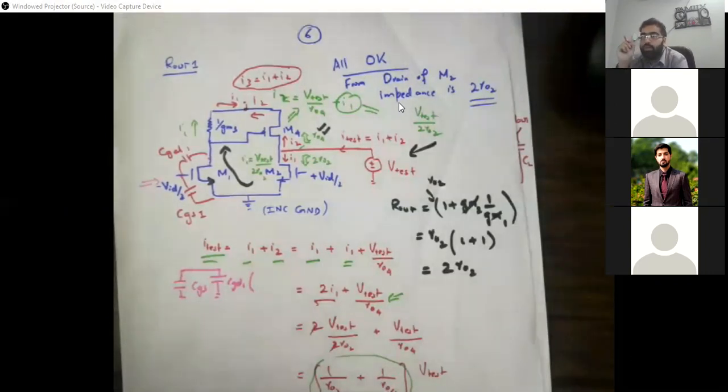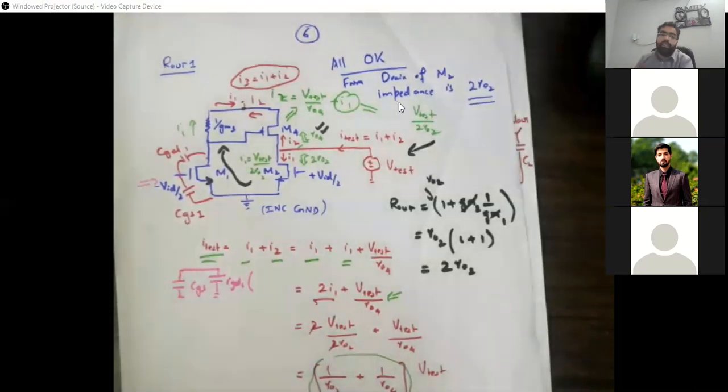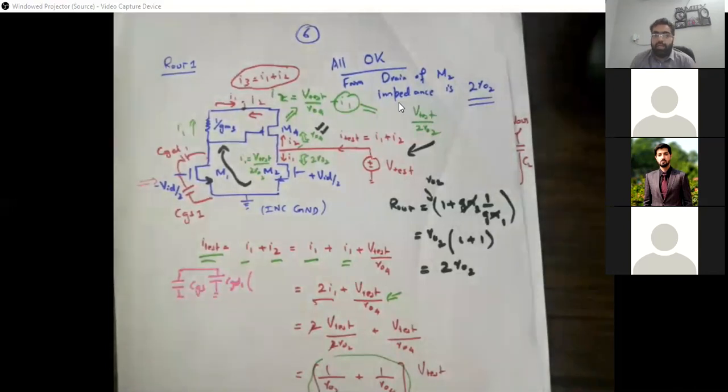They make sure to do accurate analysis, but for our tabular analysis on paper and pencil, we can ignore the CGD1 at this stage. If you are given values which are considerable, you need to take them into account, but at this moment you can ignore the CGD1. In general, CGD1 can also come as an input capacitor, but with a Miller effect. So it would come multiplied with the Miller gain, because we are all the time concerned with that node in relation to ground.